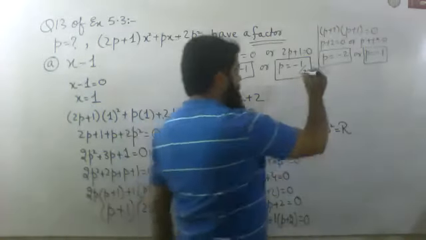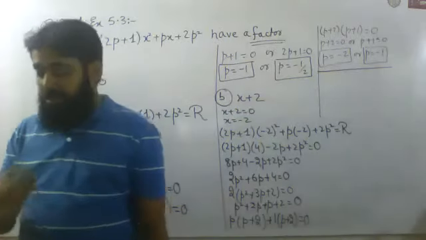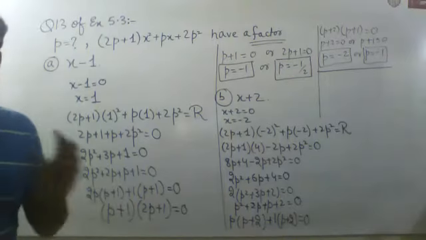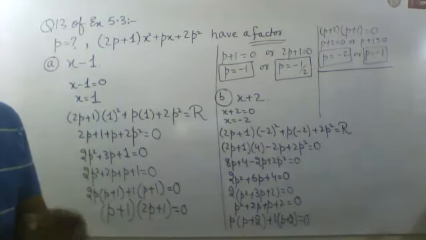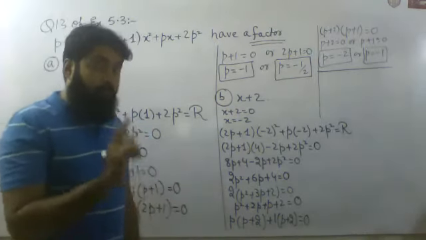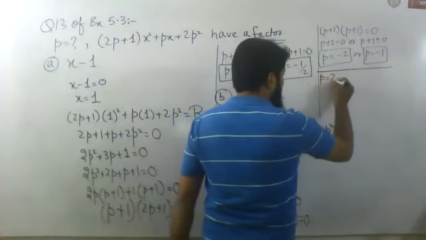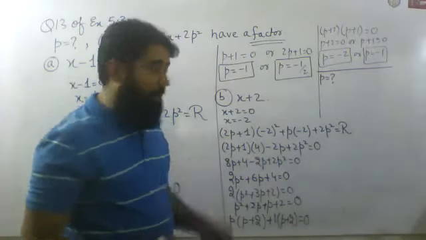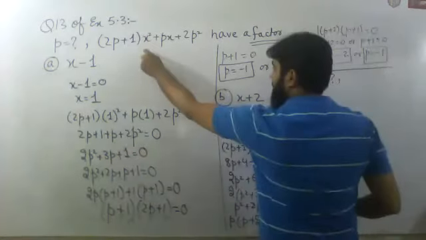The C part of the question is saying, state the value of p. They are not saying find the value of p or calculate the value of p. They are saying state the value of p, for which I have to find the value of p. I have to state the value of p, for which this thing which is given